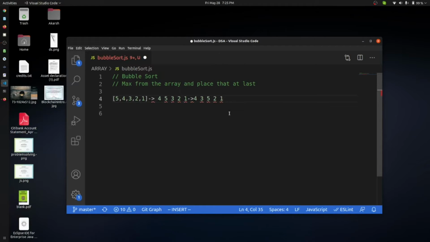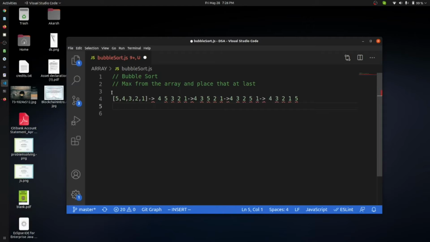Now we check 5 and 2. 5 is greater, so it becomes 4, 3, 2, 5, 1. After that we check 5 and 1, so the output will be 4, 3, 2, 1, 5.